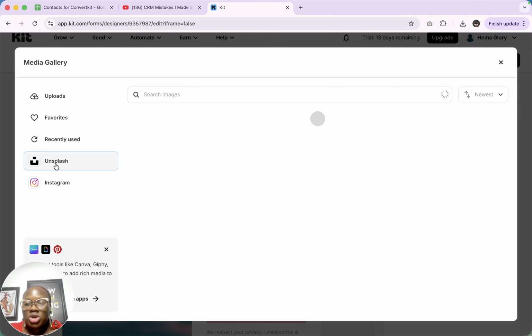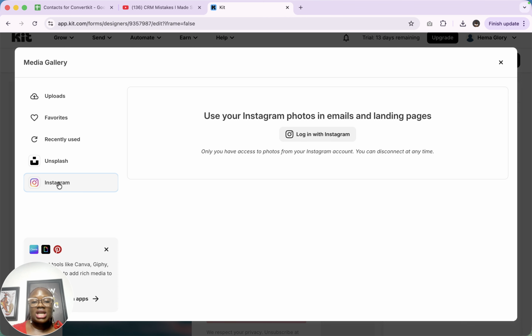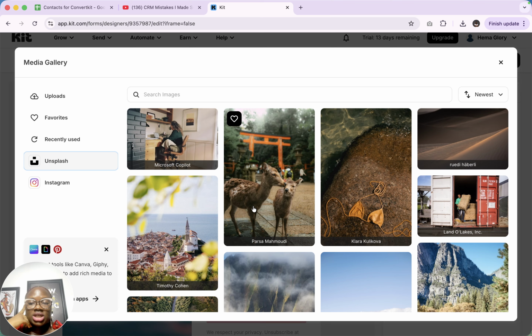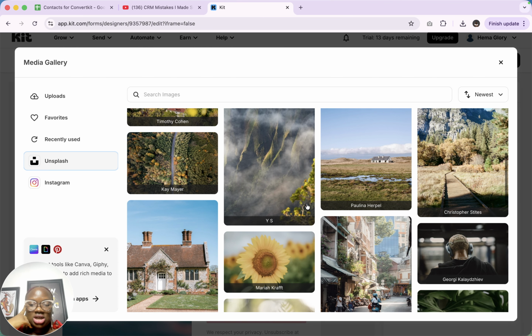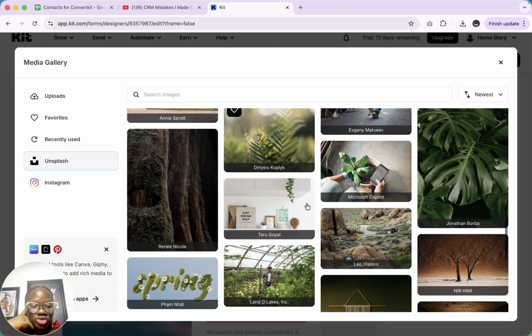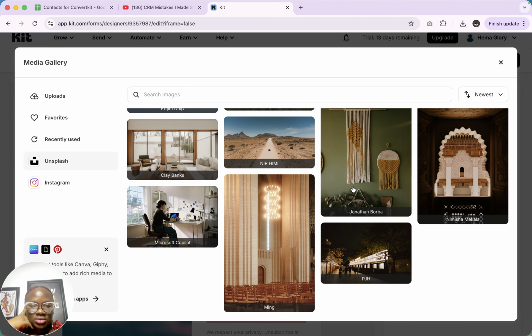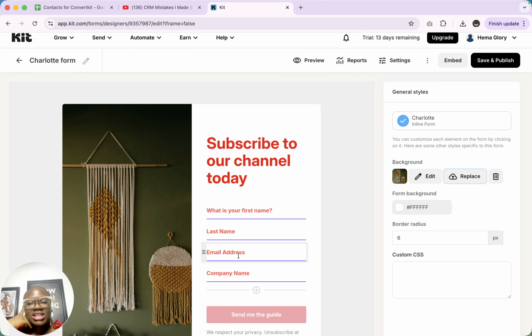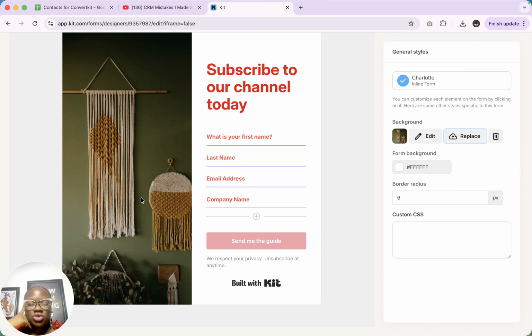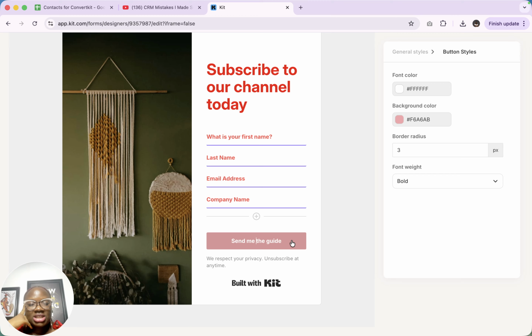So let's just pick one from Unsplash. You can also use one from Instagram, but you need to log into your Instagram to be able to do this. If you pick Unsplash, we can select whatever image they have in here. So let's just pick one random image we can use. Let's use this. You can select that particular image, and when you add it over here, as you can see, it has been added in, and we can click on this "send me the guide" button,